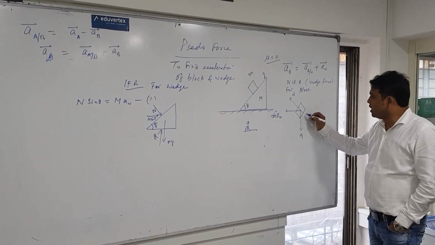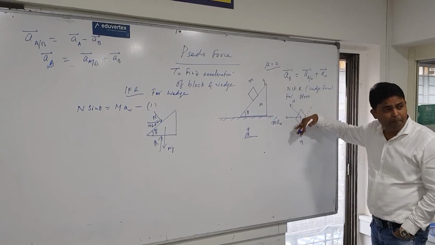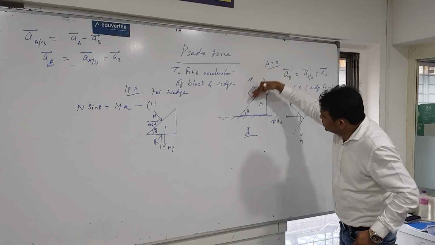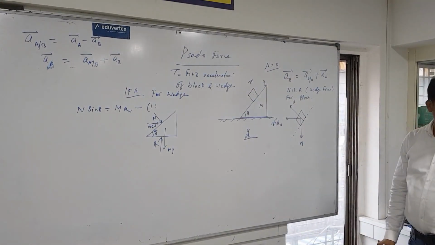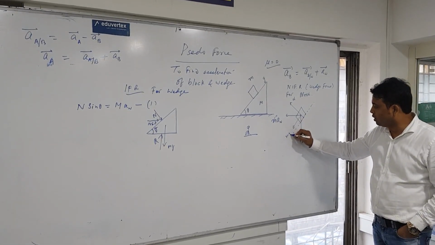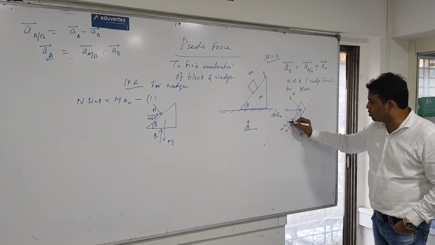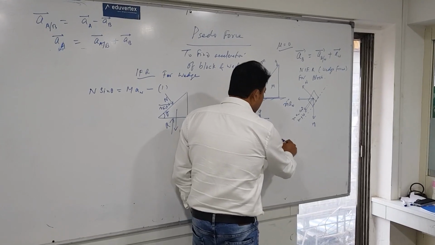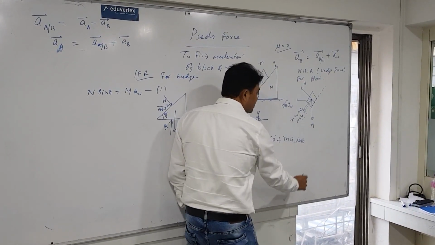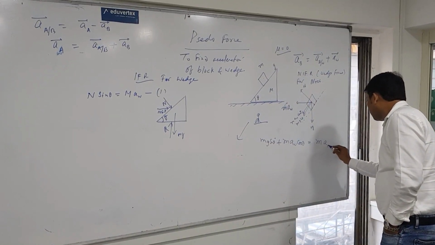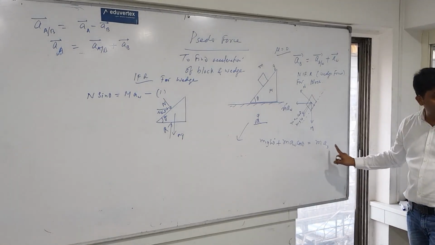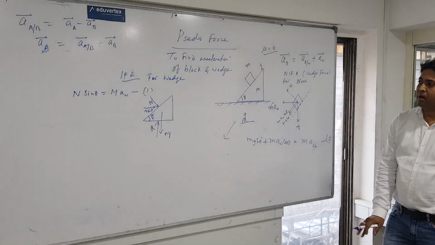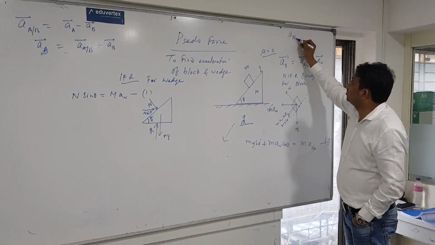Now let us see. Now this block is going simply down. Yes or no? Because we have considered pseudo force. Now we are considering its motion with respect to wedge frame. So for this observation, the block will go simply down the inclined plane. Now let us see what are the forces acting on the block. Mg, this component will be mg sin theta, am I right? m A W component will be m A W cos theta. So I can say down the plane the motion will be what? mg sin theta plus m A W cos theta is equal to m times acceleration of block. But let me write, this is acceleration of block not with respect to ground, it is with respect to wedge. Yes or no? So I am writing with respect to wedge. So this is equation number 2. Remember, what are the unknowns you have? You have the unknown acceleration of block with respect to wedge, acceleration of